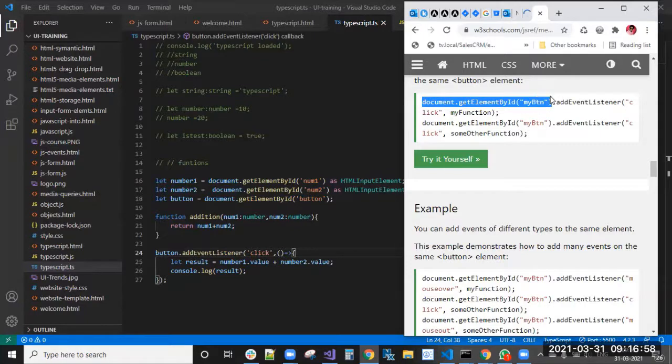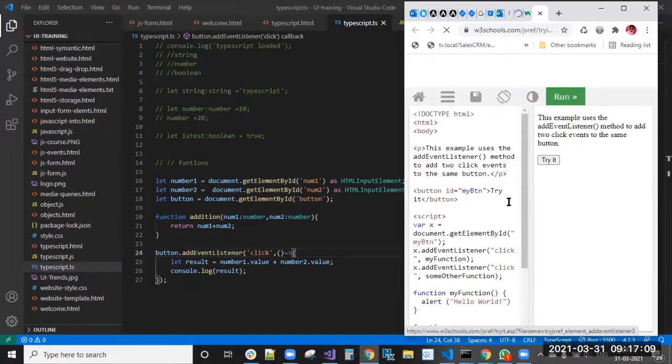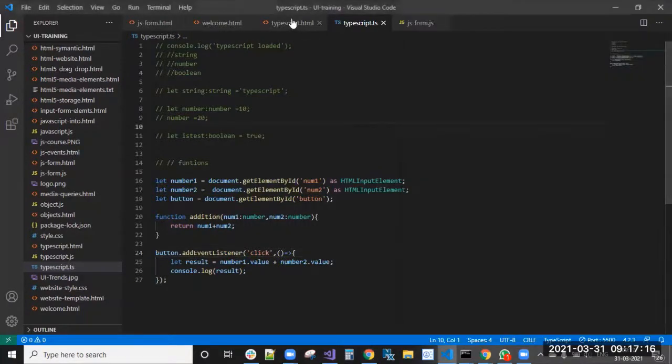My button dot addEventListener of click, comma, my function. Check with the button ID once.